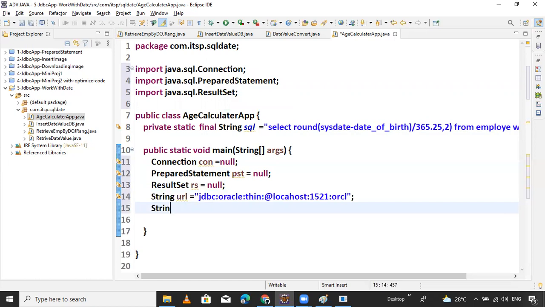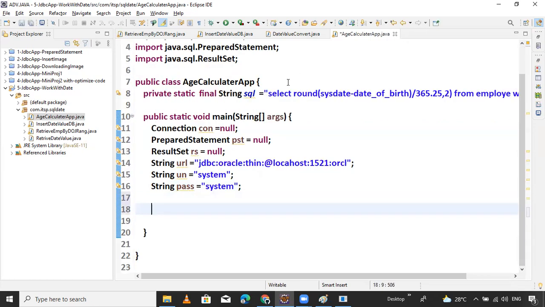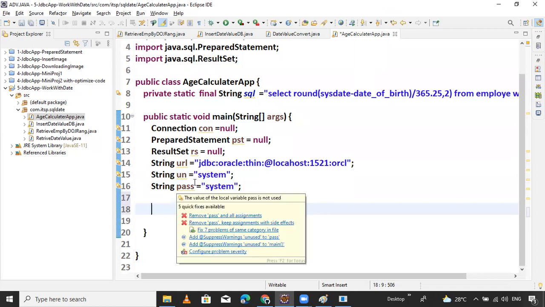And String uname, in the sense username in my database, is system. In your database it may be different. String pass means password. My system password is system.